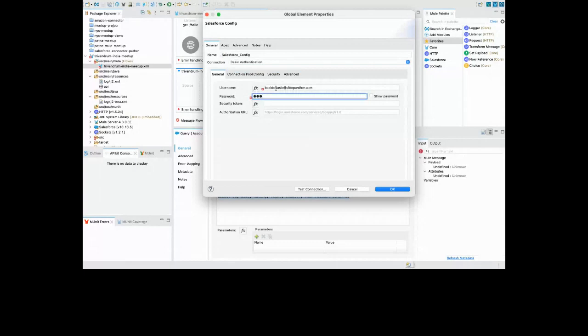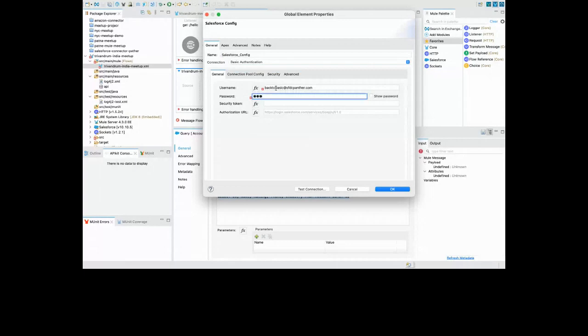and the security token. This is one important thing. It is an optional parameter, okay, but you have to provide the security token if you are trying to access your system from anywhere. Basically, I'll say the best practice is always provide a security token. To get a security token from your Salesforce, I can quickly navigate you there as well.